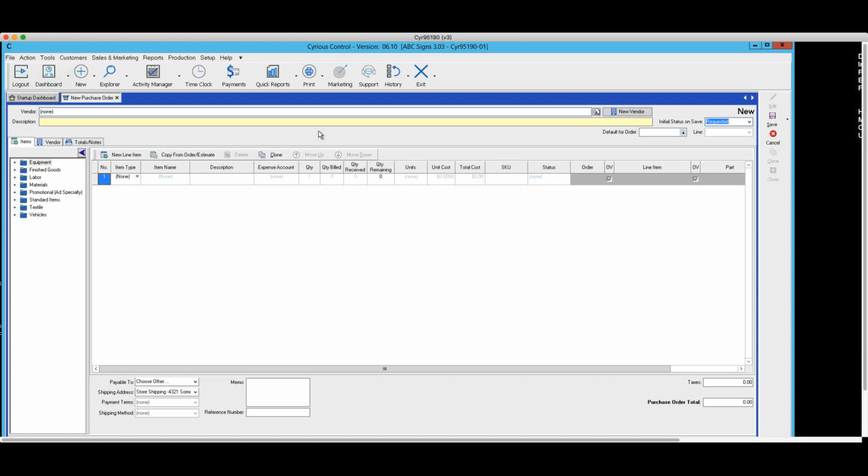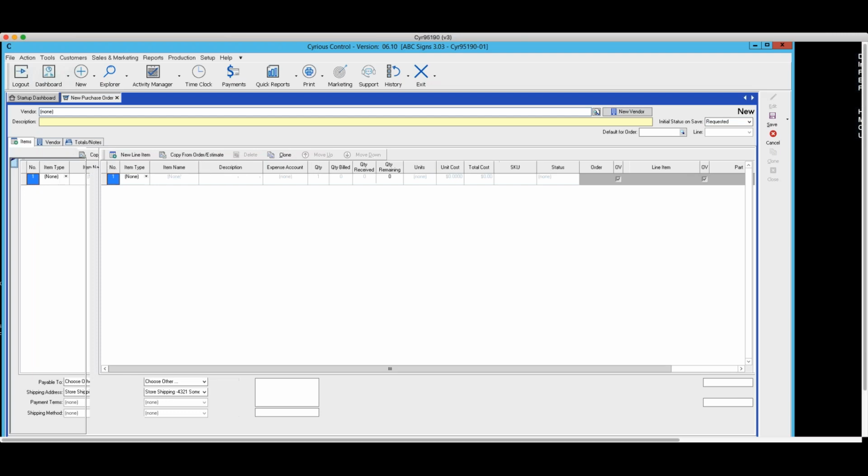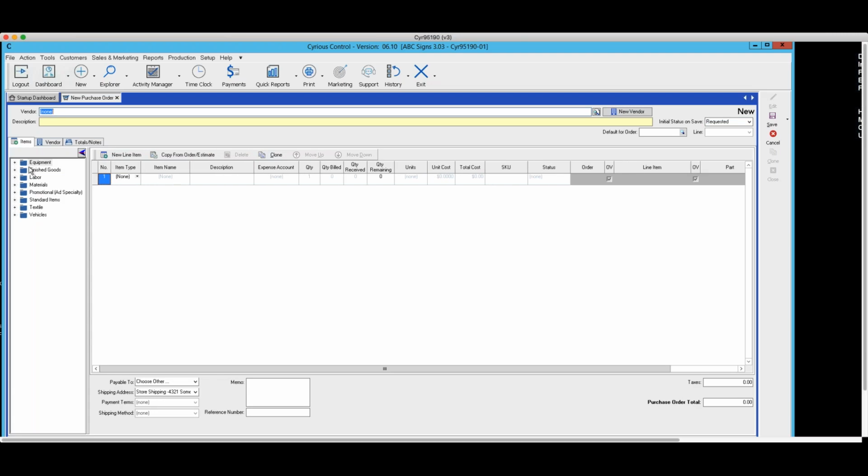I've already, over here on the left, chosen the blue diamond. And now we're ready to begin to select the material or materials that we want to purchase. The first item that you see is